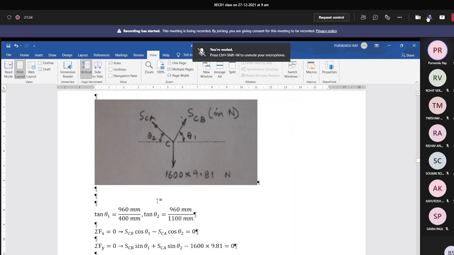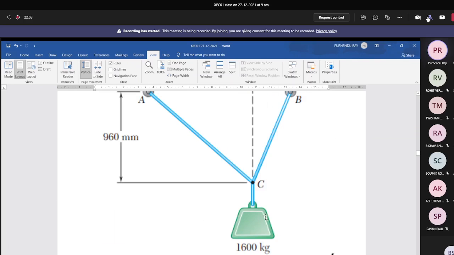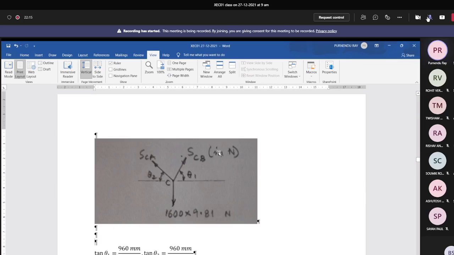So nothing to worry whether you can remember the sine law or Lami's theorem. Simply remember the equilibrium and that the resultant force is 0. That means the components of all the forces along any particular direction, and their algebraic summation, is equal to 0. It's very simple. And we need to apply it because for every problem, you will not get this type of situation where only one force is given and two members are there. It may be many in number and of any combination. So this primary thing is very important.